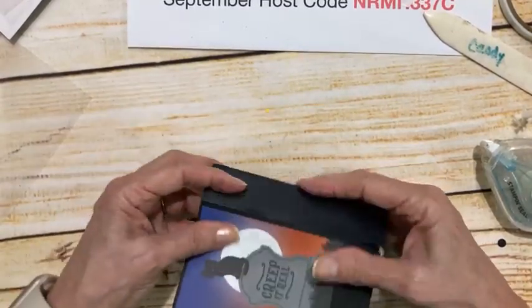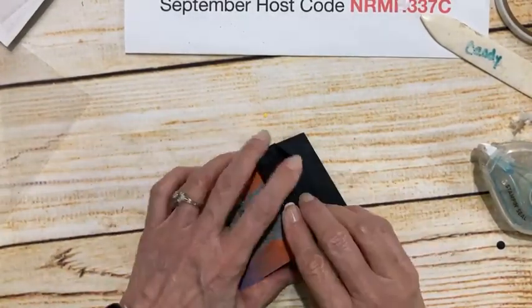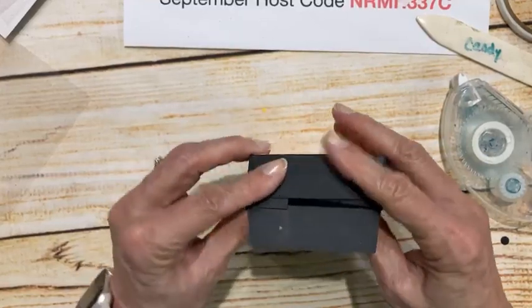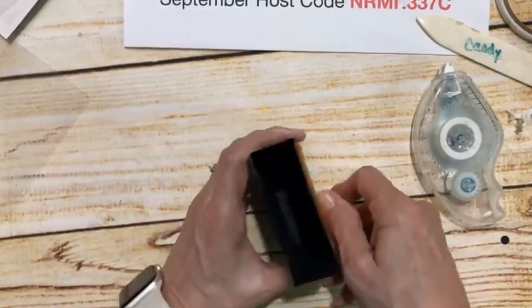Okay, so there's our cute little bag. Super cute little bag. Okay, Tasha's excited, yay. Now, we're just going to put a little bit of adhesive on these flaps, put that down, and then on this one, we're going to do adhesive all the way down, like so. Okay, now,